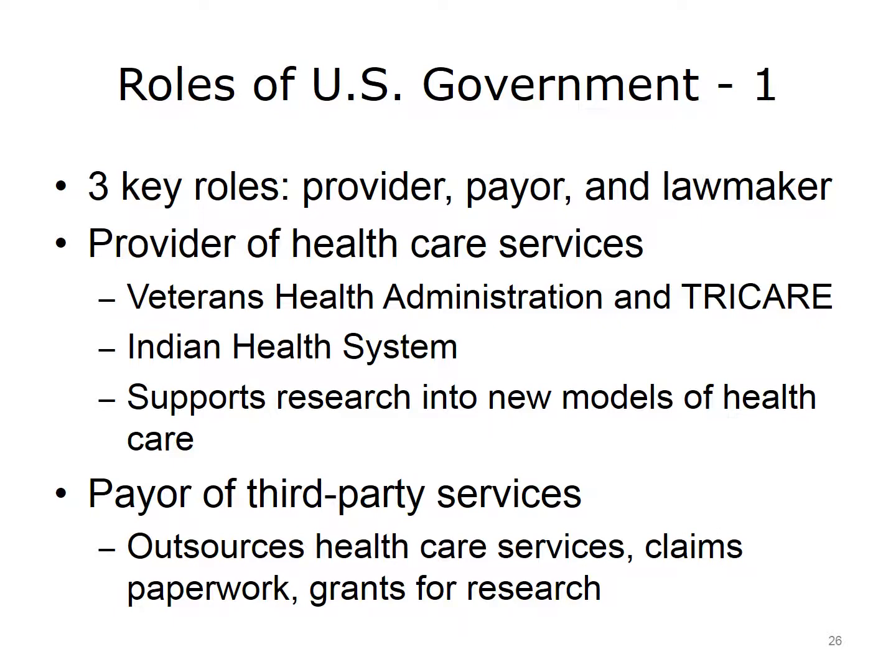In Medicare, Medicaid, TRICARE, and certain grants, the government provides funding for third-party services. One example is Medicare, whereby the government outsources the actual delivery of healthcare services for seniors to private organizations. Another example is that the government may contract with an insurance organization, such as Blue Cross Blue Shield, to handle claims processing on behalf of the government. Here, the commercial insurance organization acts as a third-party administrator.